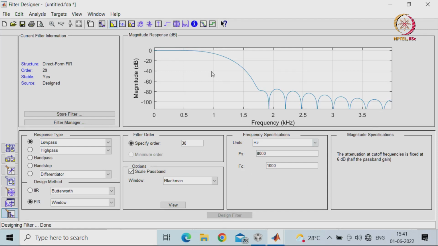I have given the cutoff frequency as 1000 hertz. When I map this to frequencies, it goes from 0 to 4000, so the normalized axis will be 4 in this case. This is approximately 1000 hertz, which should give me the 3 dB cutoff, as we say. You will see that this is my cutoff frequency, where the response comes down by minus 3 dB,